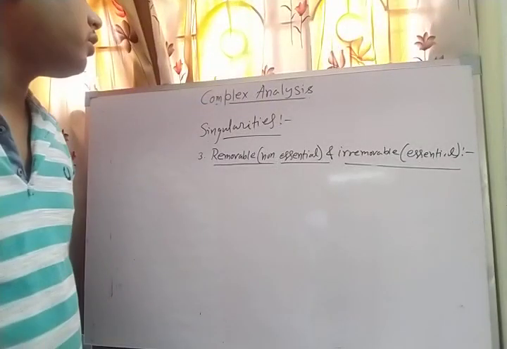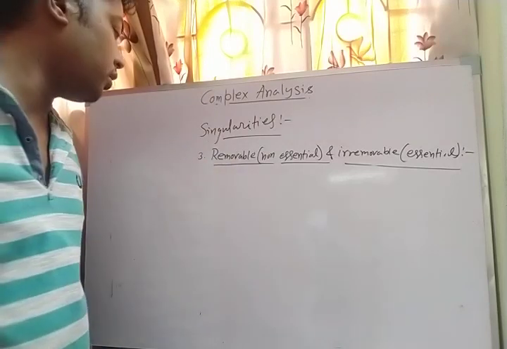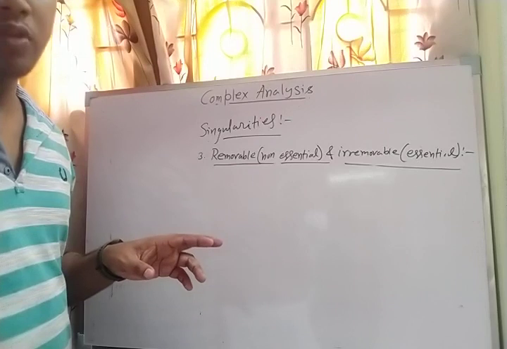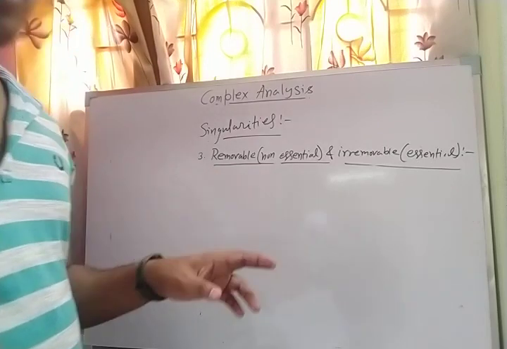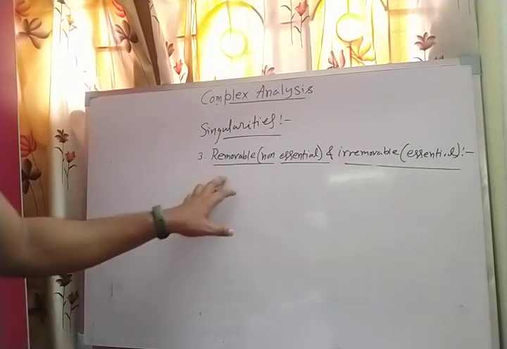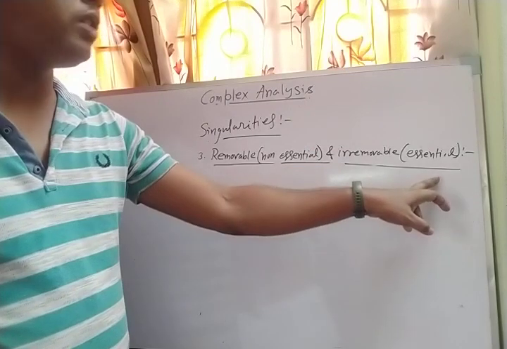Welcome to the complex analysis lecture number 6, and we are talking about singularities. In the previous classes, we went through two kinds of singularities, that is isolated, non-isolated, and poles. And now we are discussing removable, which is also known as non-essential, and irremovable, which is known as essential